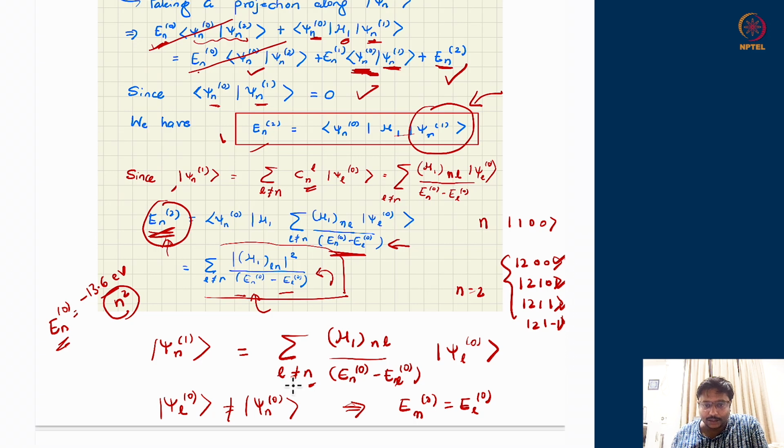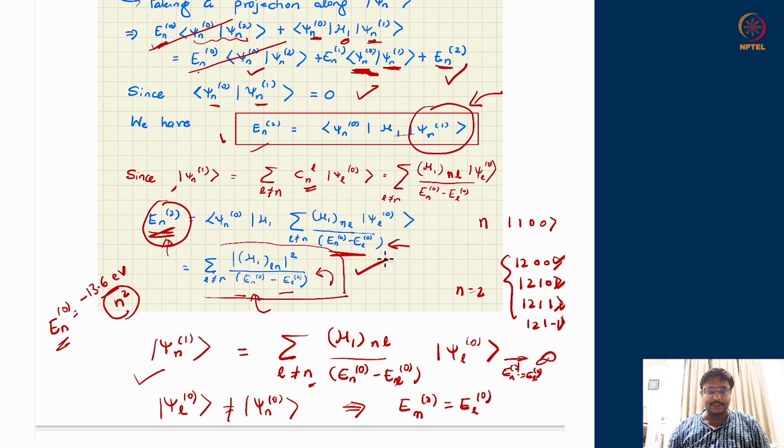So therefore in a system like hydrogen atom, you can see that such a possibility arises that despite I am talking about different state, I will end up getting a term in the denominator which is 0, and therefore this will blow up. First order correction will blow up if En0 is El0. If the first order correction blows up, second order energy eigenvalue also blows up. Third order energy eigenvalue also blows up. Second order wave function correction also blows up.